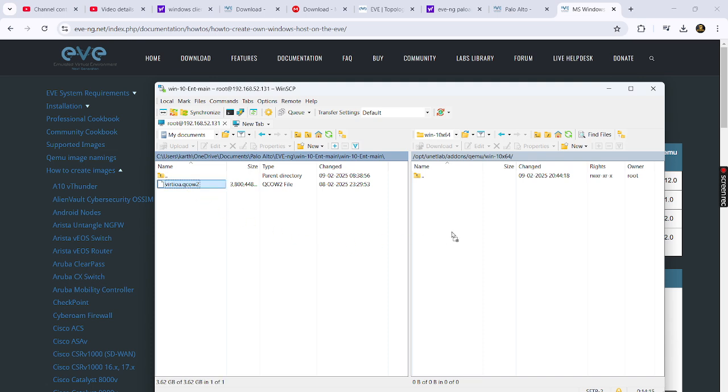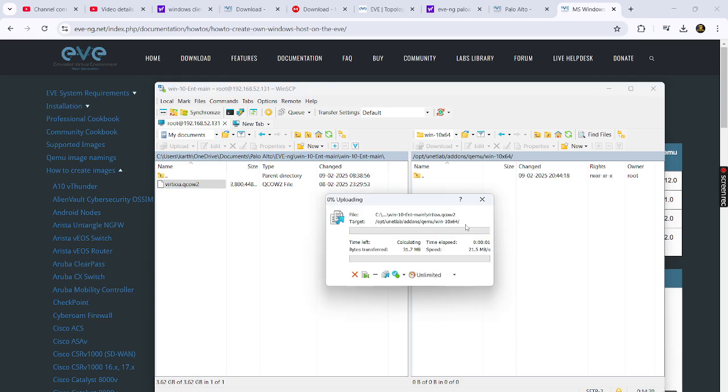So you can also drag and drop here. See here, I am dragging to the right and leaving here. It will be copying. Okay, it is almost 3.2 GB or 3.5 GB. It will take some time to complete, because it is many GB, right? Let it complete. We can also run the fix permission command once this Windows machine also gets complete. Let it be completed for some time.